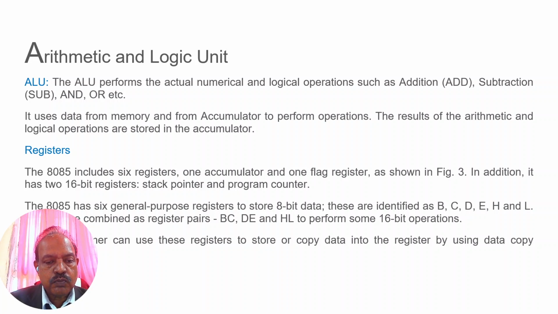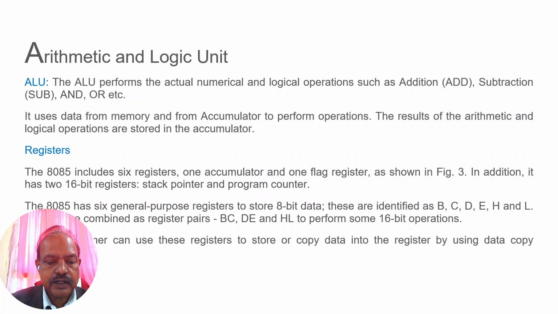Then coming to the number of registers, the 8085 includes 6 registers, one accumulator and one flag register. We'll show this in figure number 3. In addition, it has two 16-bit registers, the stack pointer and the program counter. Is it clear? Now the 8085 has 6 general purpose registers to store 8-bit data, and these are B, C, D,